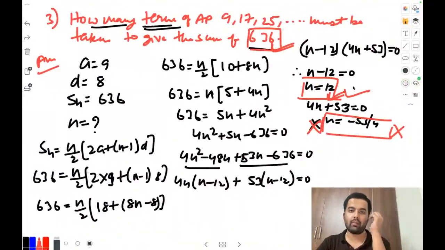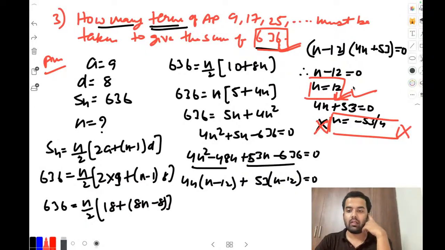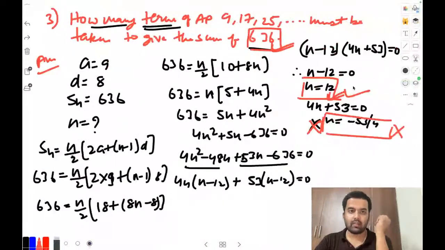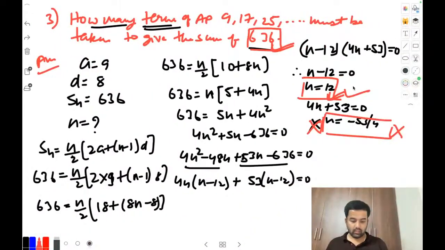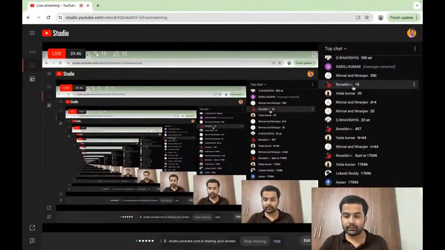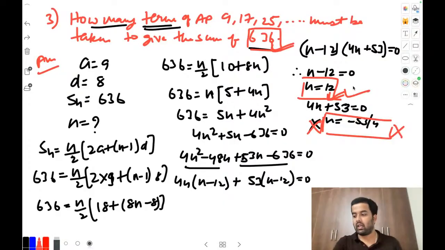Is it clear? You can put in the comment section. Just check it through again. I will wait for some seconds. Put the message in the comment section, please. Then only we can proceed with the last section. Let me check. Nobody kept the message. Okay, still you are just focusing on the question only. Okay, focus it, no issues. Take your time. All okay, everyone? Only Ayan kept the message. Rest of you, I want the message.